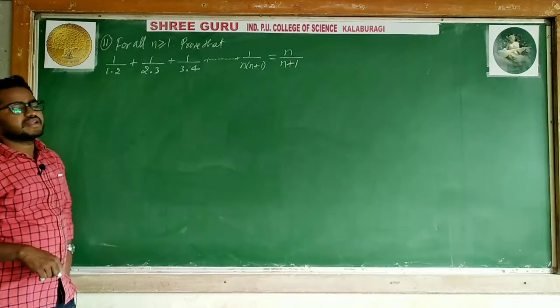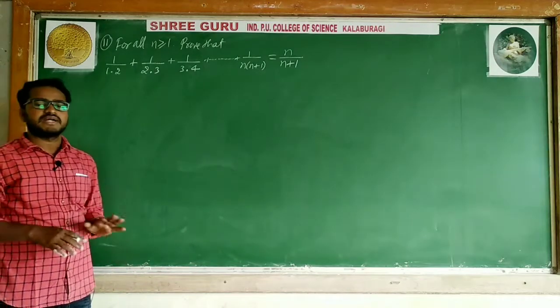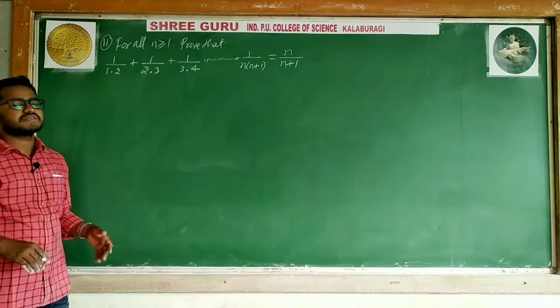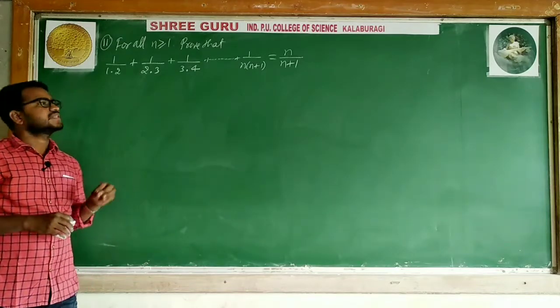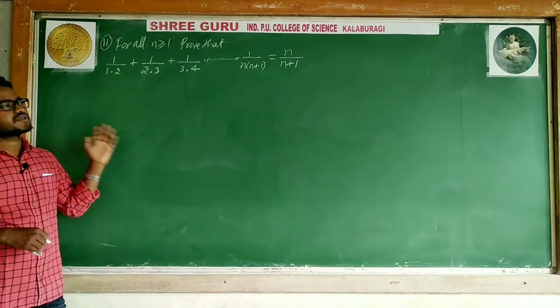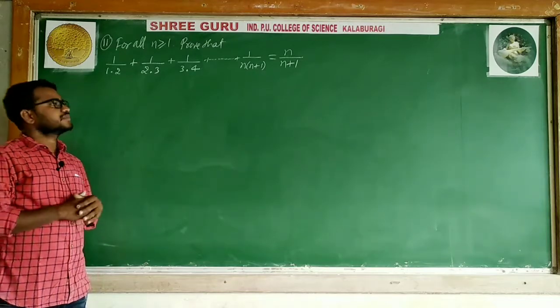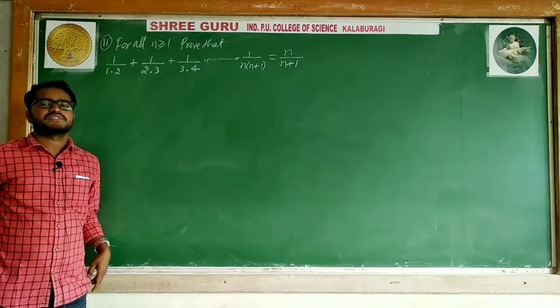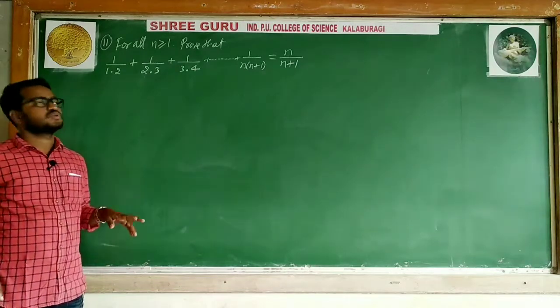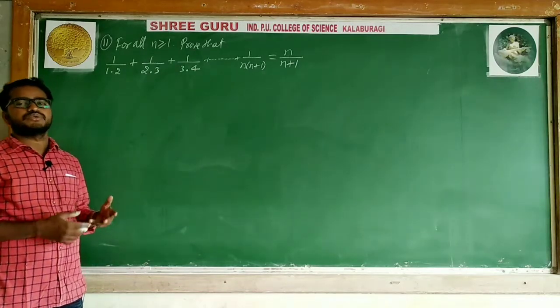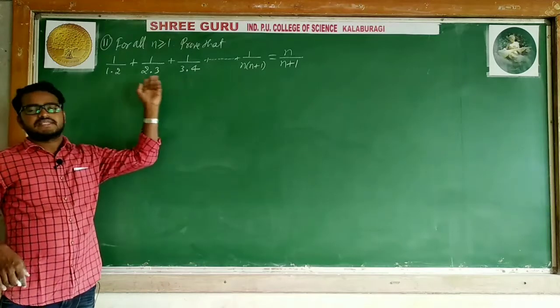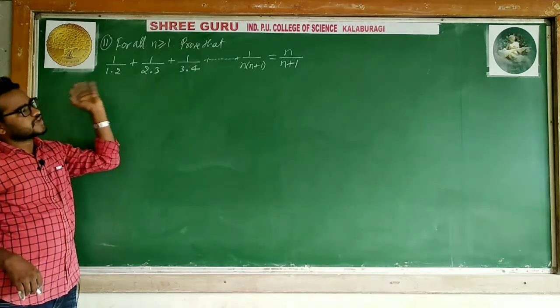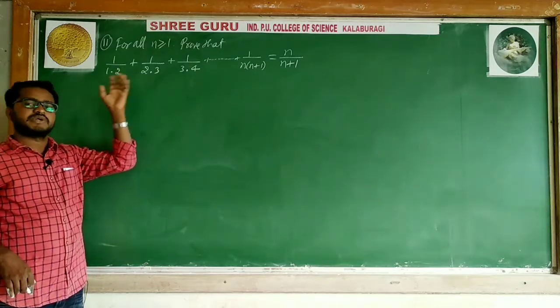So 11th onwards means up to 10 problems I have done one type. This is the second type. Second type means problems are in the form of division. Previous problems are all in sequence form. This is also a sequence, but in the case of the denominator we will get products of numbers, like 1 divided by 1 into 2, 1 divided by 2 into 3. I will take some 5 problems related to this, but the procedure is the same.